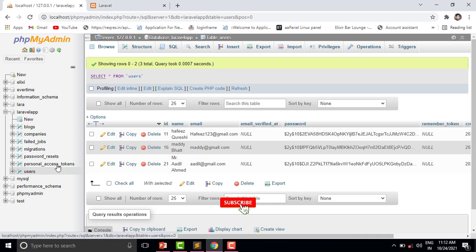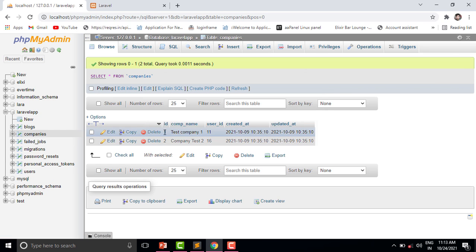Means one user cannot work in more than one company at a time. So this is the one-to-one relationship, because one user can work in one company at a time, not in two companies at a time.